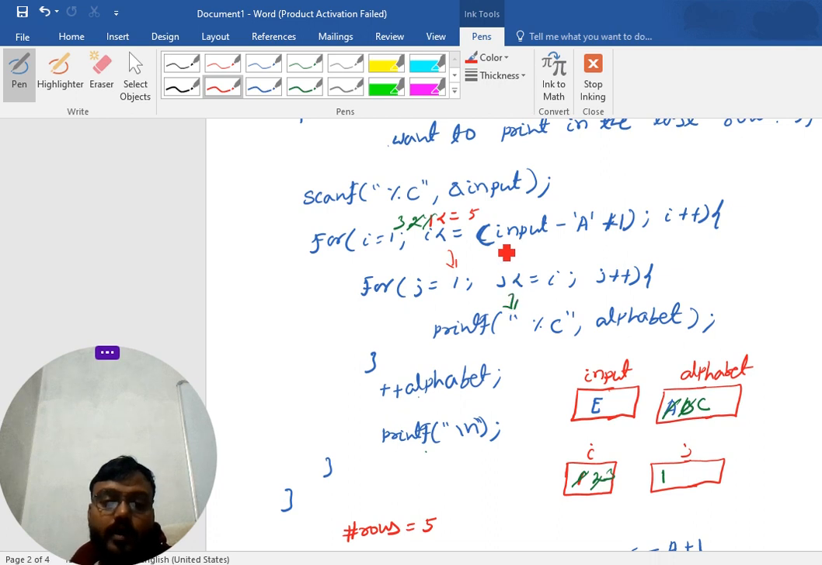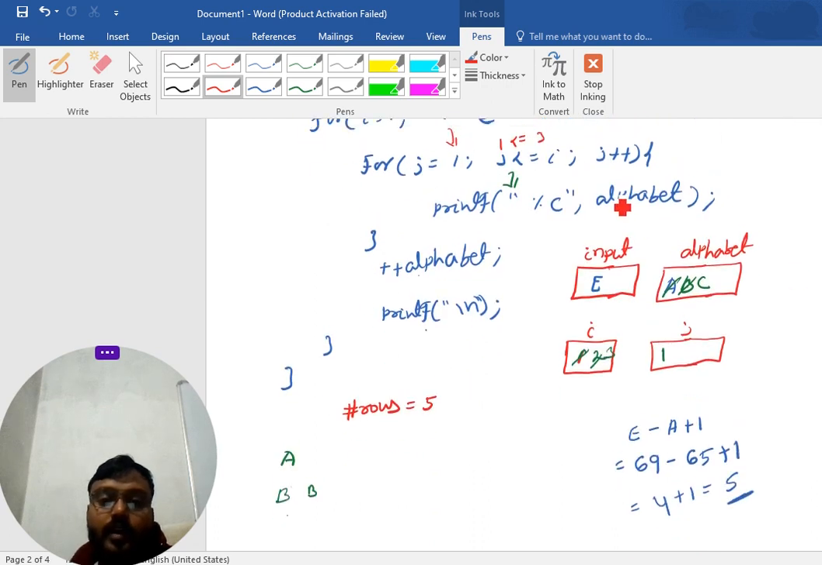Then what will I do? 1 is less than or equal to I. What is the I value? 3. Then what will it do? It will print the alphabet. What is the alphabet? Alphabet is nothing but C. Perfect. Alphabet is C. Now,